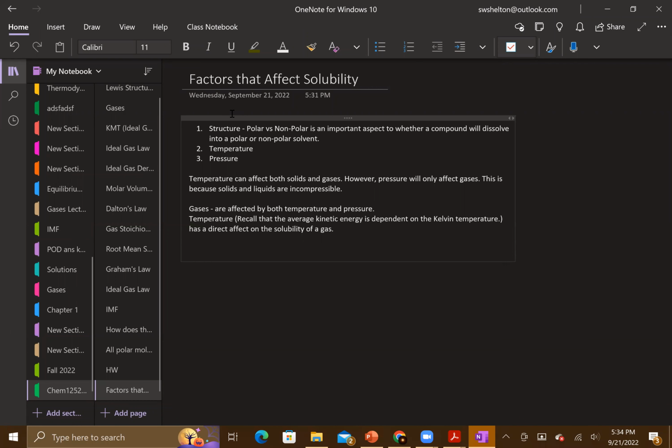So as we increase the temperature, the kinetic energy will also increase, and the molecular speeds of the gases will increase. As a direct result of this, the solubility of a gas will decrease as the temperature increases. So this is an inverse proportionality. All right,